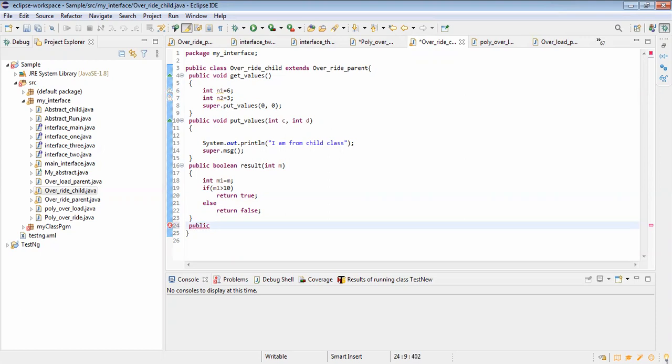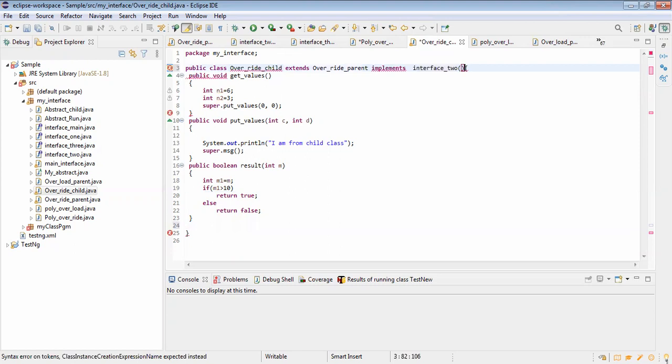Sneha, what are you doing? In the override child class, you have the extends keyword, so go to line number 3 and write implements interface underscore 2 after the same line. No comma, just give a space. Now, can you implement those methods?